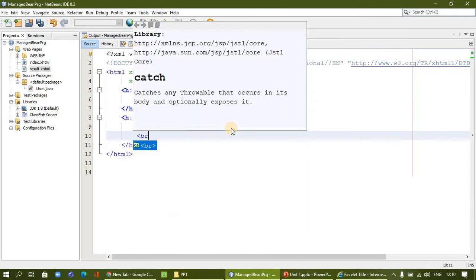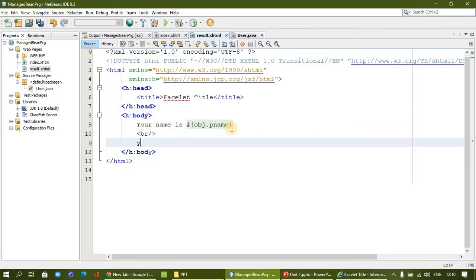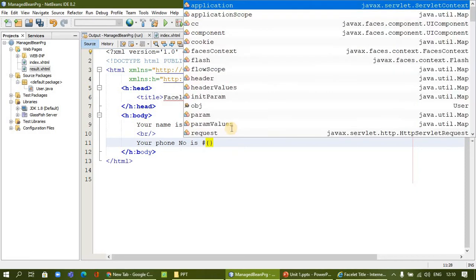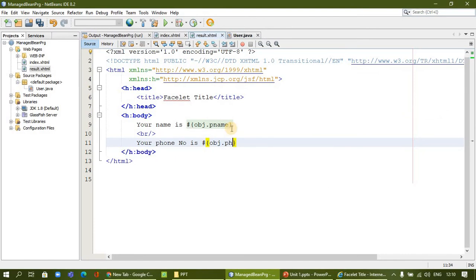If you want to design the next line, I am just breaking the line. Your phone number is, hash, object dot ph. Phone number and name we are showing.